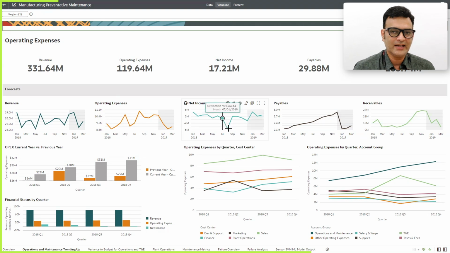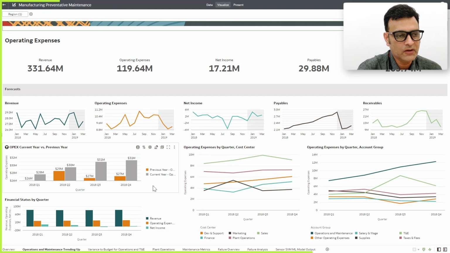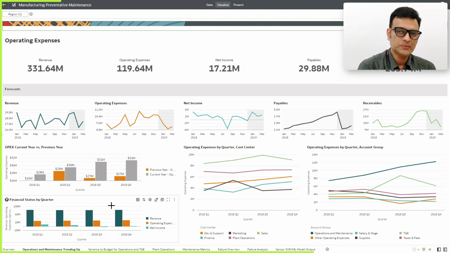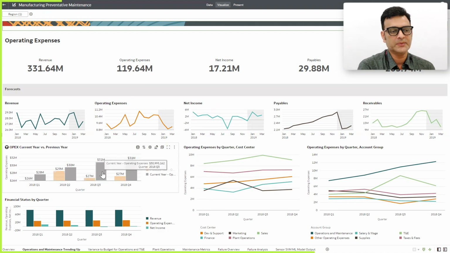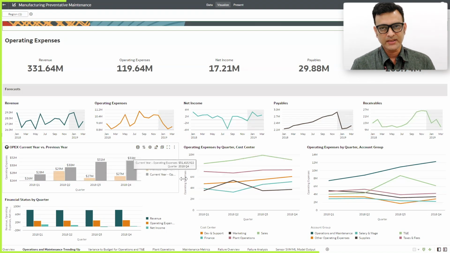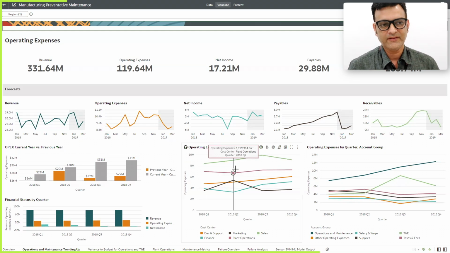Now to do a little more analysis, while we have seen the KPIs at an annual level, when we do the comparison quarter on quarter, say current quarter operating expenses with the previous year's operating expenses, we see that for this particular plant there is a steady increase. In Q1 and Q2 it is less, but Q3 onwards we see a steady increase in the operating expenses. From a time perspective, Q3 could be the quarter where we see an increase in operating expenses, and as a result there are issues with the net income.